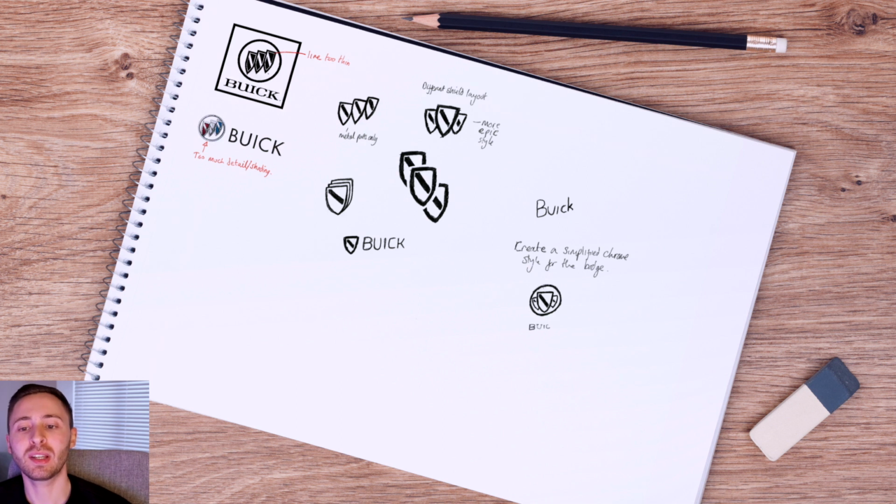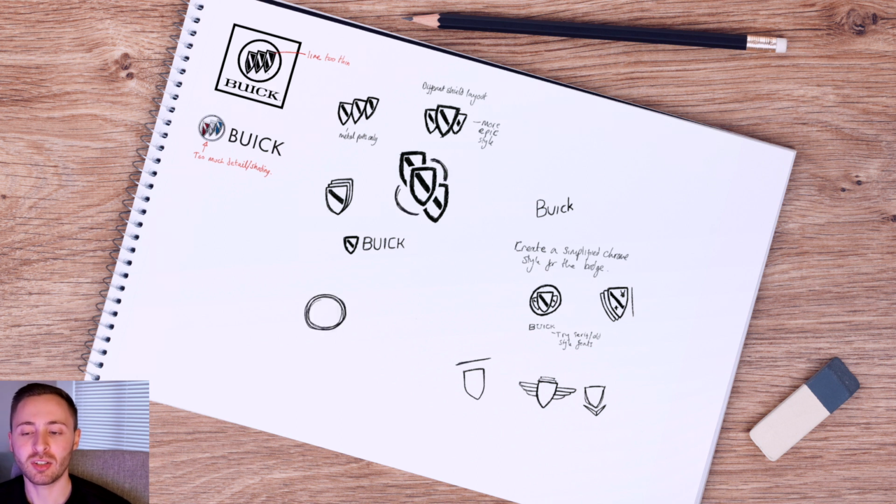At this stage, when I was thinking about the badge on the bonnet of a car, I was thinking that it probably didn't need the circle around it. As a shield is a symmetrical shape anyway, I didn't feel like I needed to add a shape around the emblem itself. I also started looking at some options that incorporated a bee into the shield and some that had wings behind the shield,